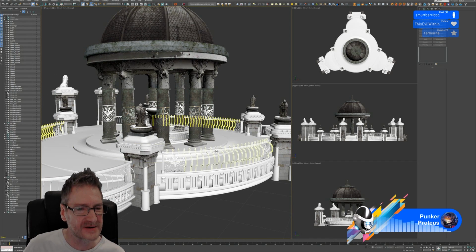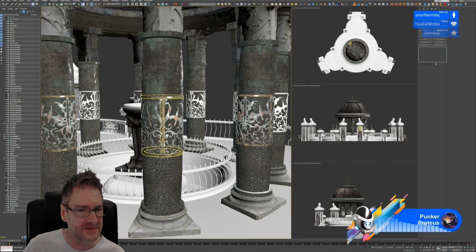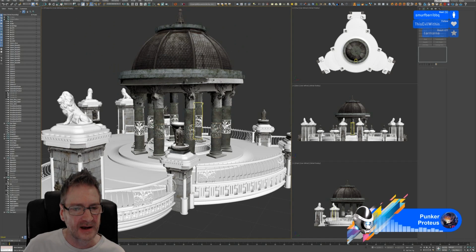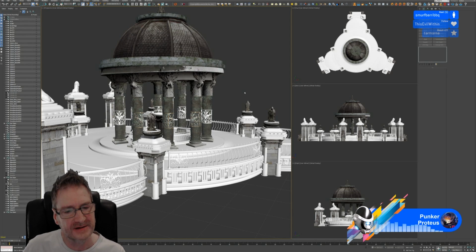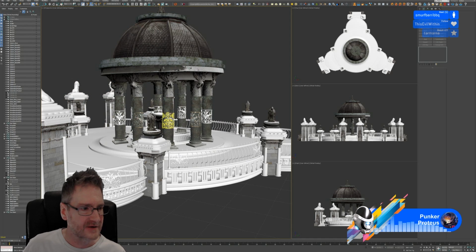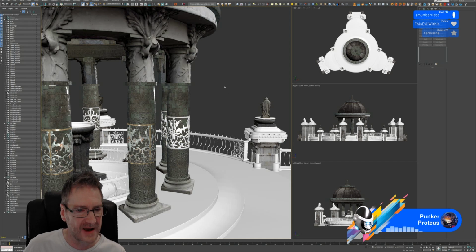Help add a bit more colour though as well, I think. The yellow of the gold just helps to lift up the ironwork a little bit, particularly on the columns here, because they were initially, if you remember yesterday, the first texture we created with the ironwork was a bit too dark and it was getting lost on the column. And the gold here just helps to pick that up a little bit more,